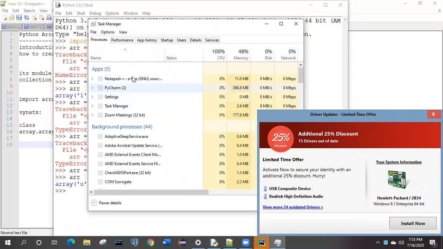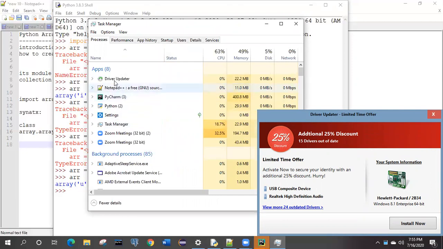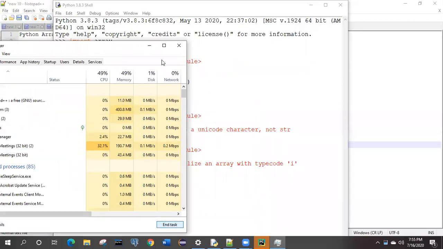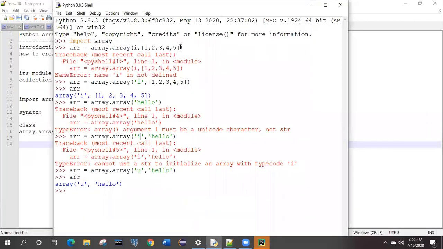Let me close some of the applications which are unwantedly coming to my system. Okay. So we have seen that I for integers is working, I for strings is not working. Correct. Then we will further cross-check this one.